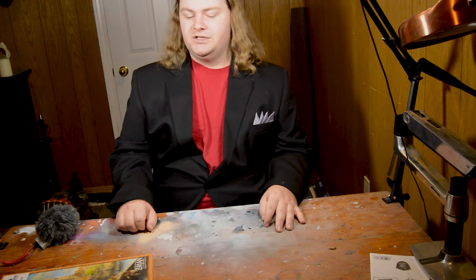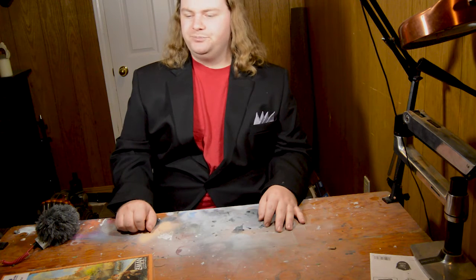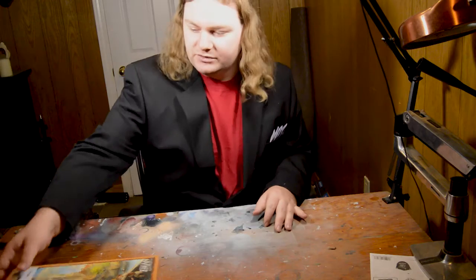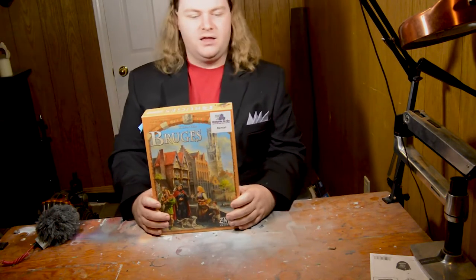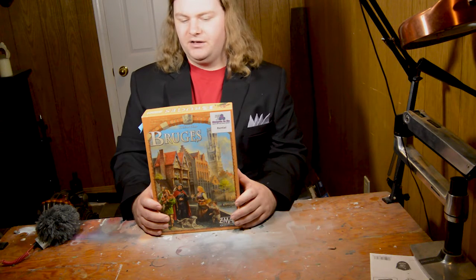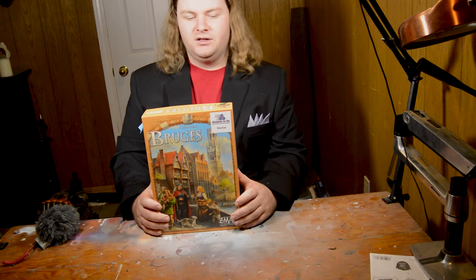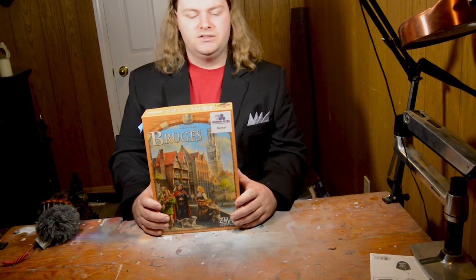So he was nice enough to lend me a couple of games that I could practice on and get some organizers into. So the first one that I completed was this one right here, Bruges, and it has tokens and cards and stuff like that I wanted to get a little more organized